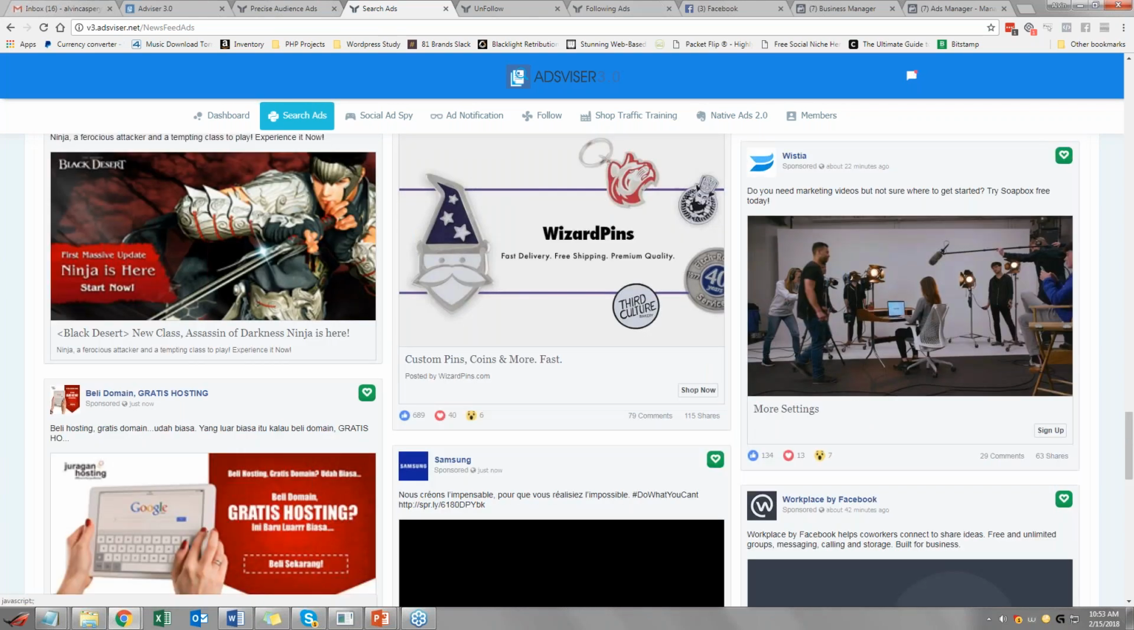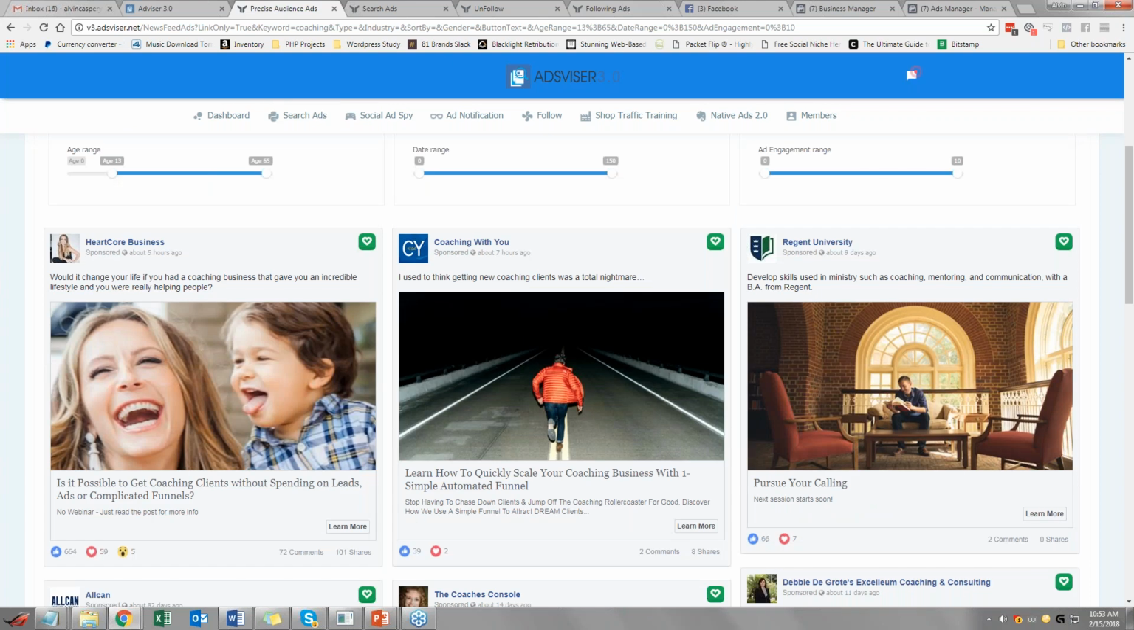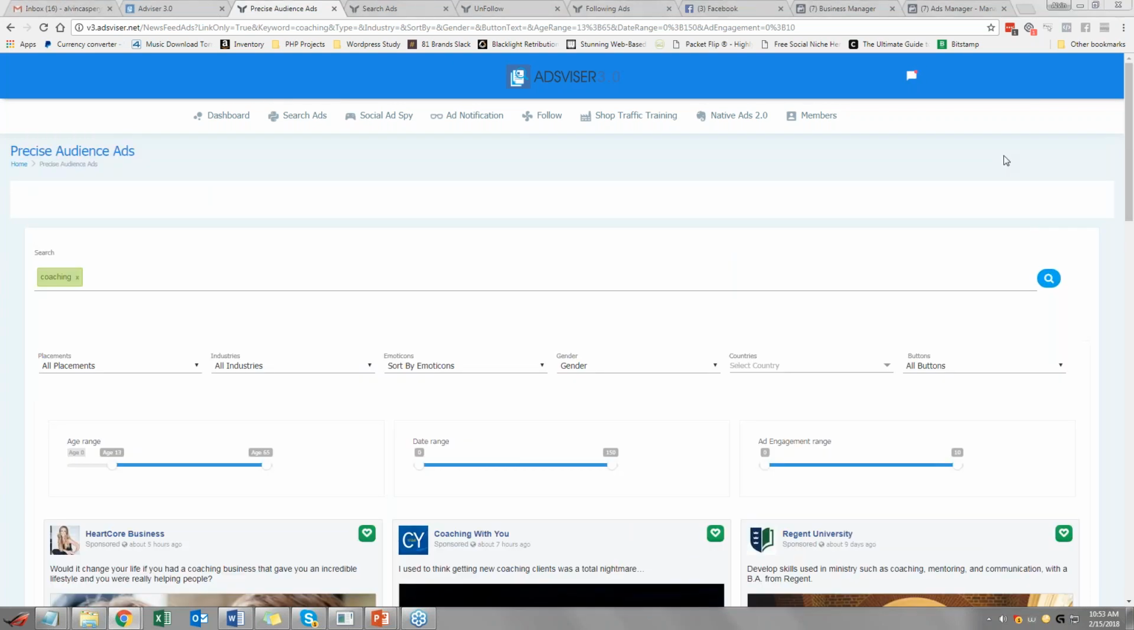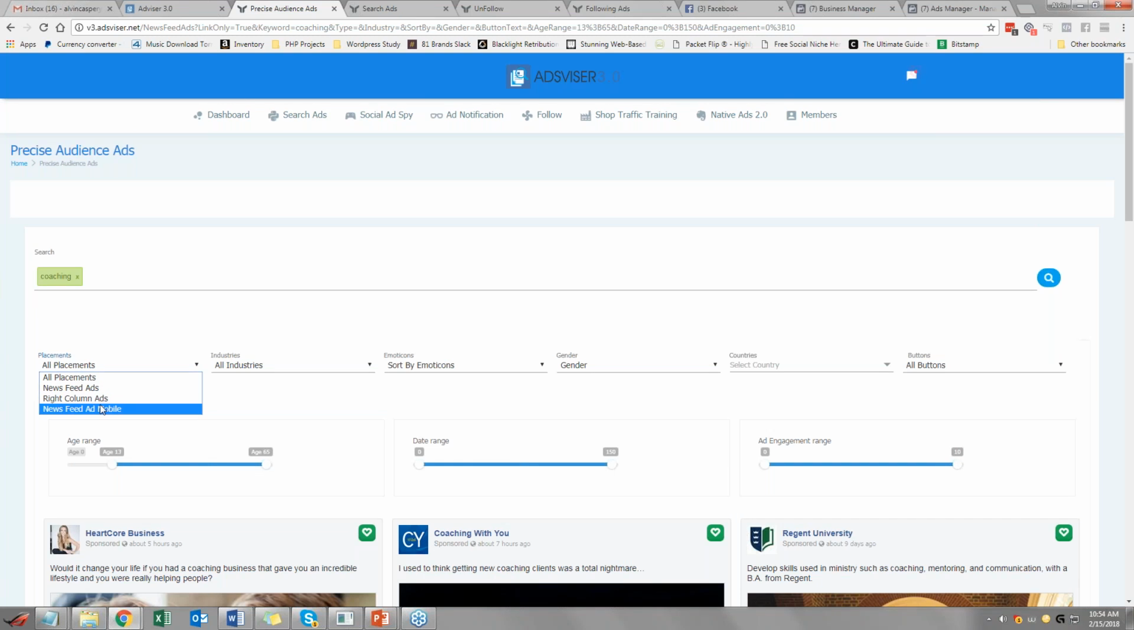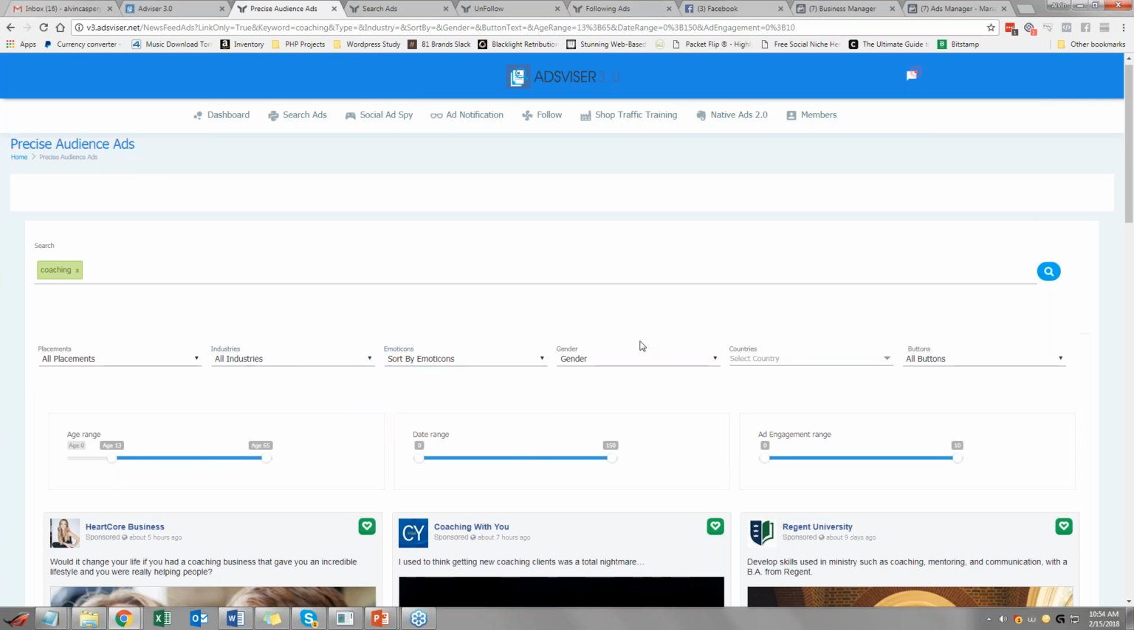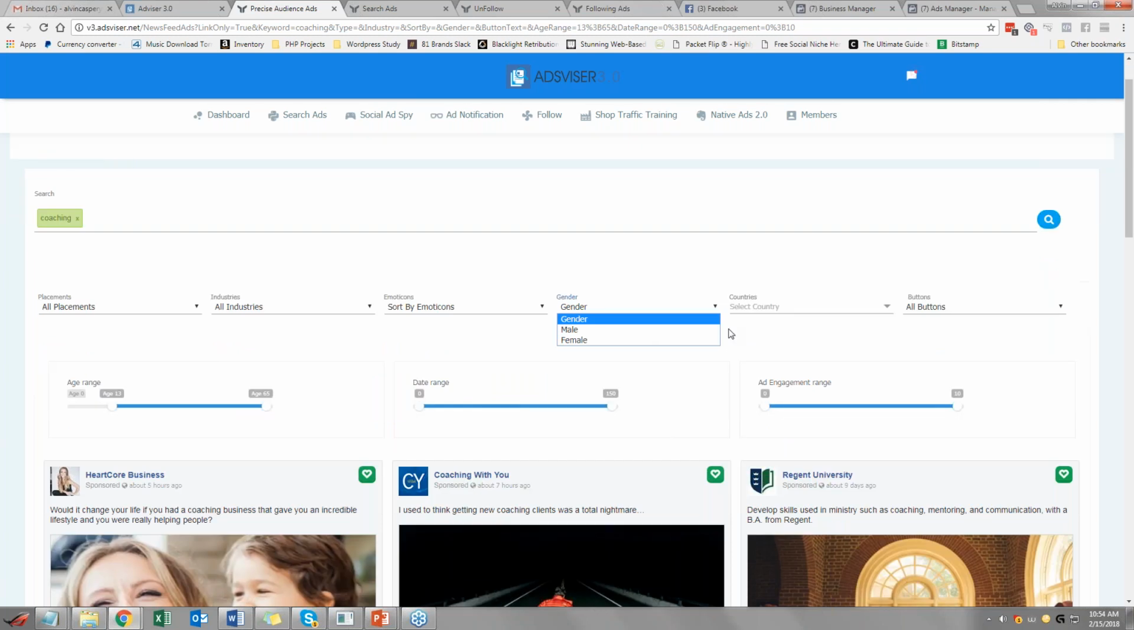And there we go. We have the results here. So again, just like before, we can filter it. We can further refine it. So for example, we only want newsfeed ads. We only like right column ads. We can be specific on industries. Is it an e-commerce page, a services page, a fashion and beauty, or games page? Sort by emoticons, select by gender, and select ads for a specific city or specific country,